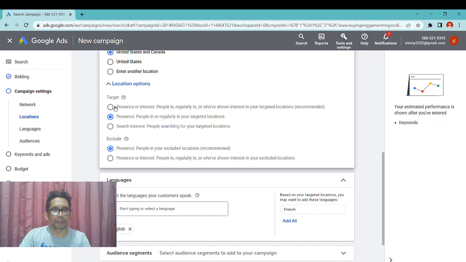For location and target option, I'd rather choose "Presence: people in or regularly in your targeted location." The other option is presence or interest: people in, regularly in, or who've shown interest in your targeted location. If someone doesn't live in the United States or Canada, for example they live in India, but they have interest in your targeted location, they'd be included.